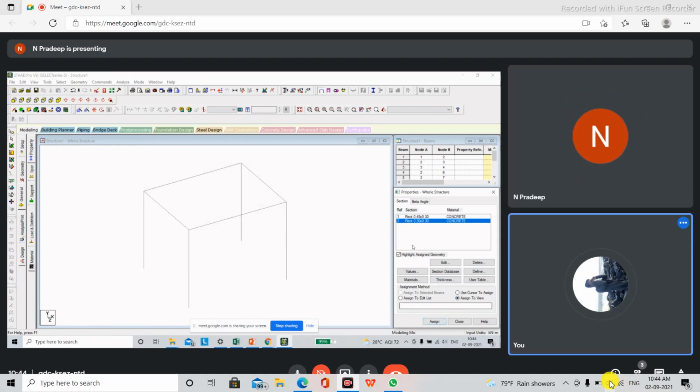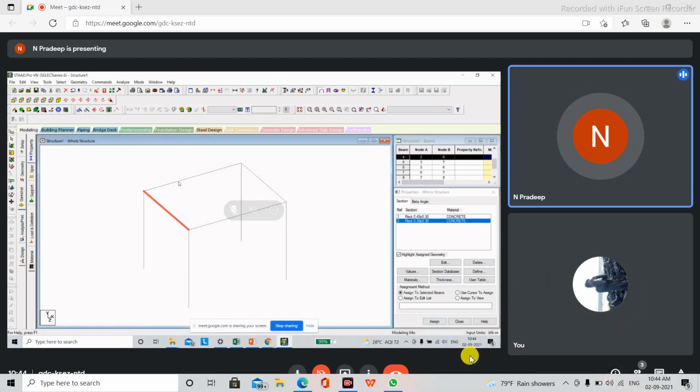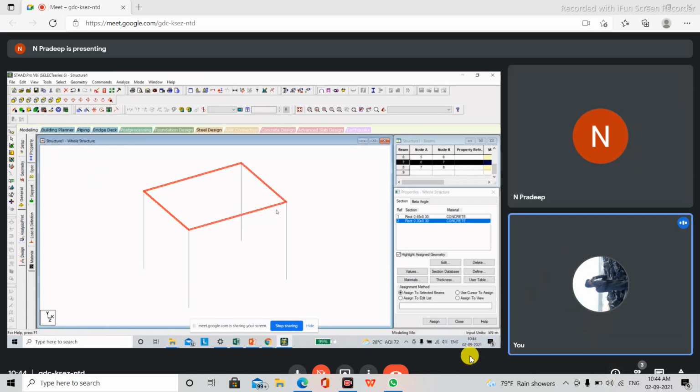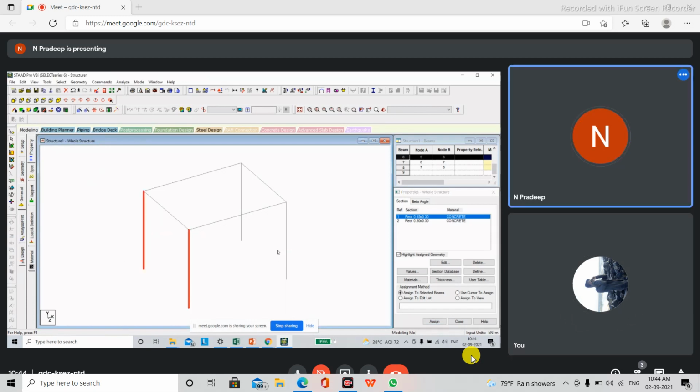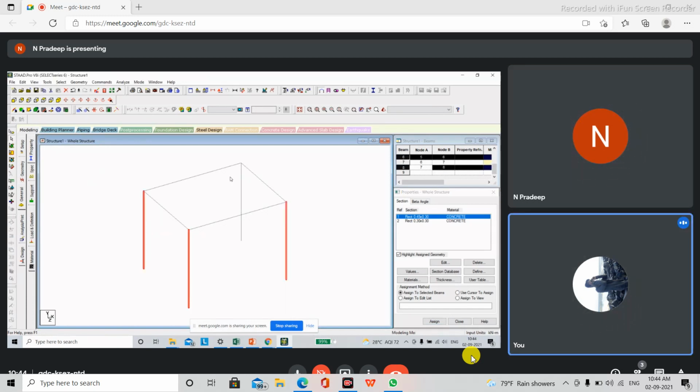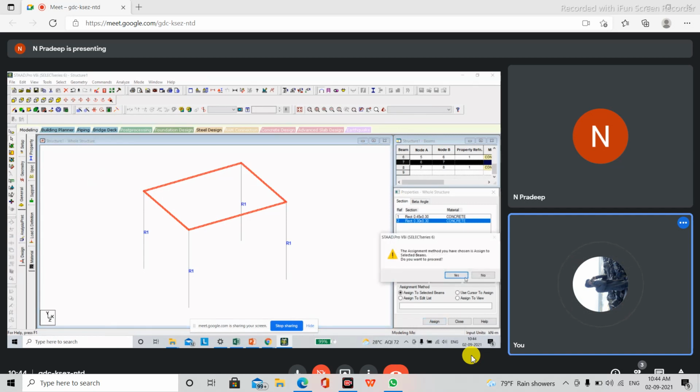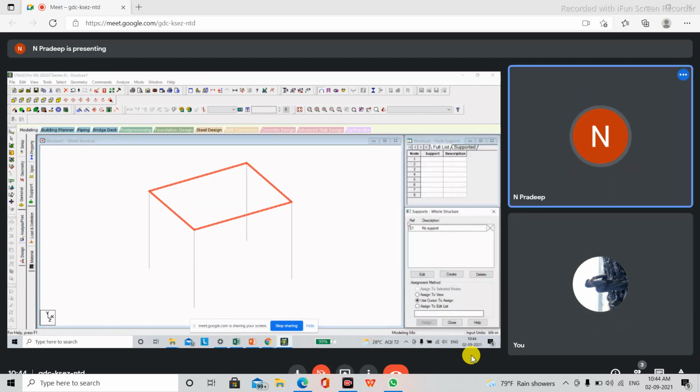I give 0.3 cross 0.3 section to the beams. Then I'll create the support. I'll create fixed support.